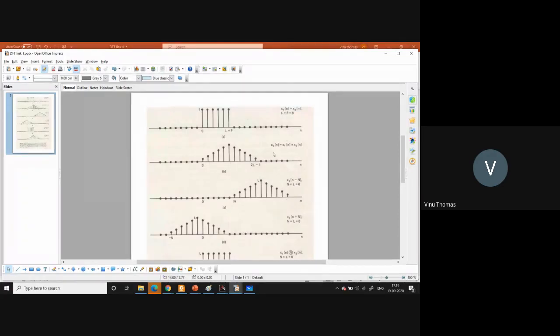So now what we'll do is we'll form a periodic sequence with a periodicity equal to 6. That is, we are going to do a 6-point circular convolution. So we will form a periodic sequence by shifting this sequence by 6 samples in the positive direction and in the negative direction, and then we will add up the overlapping samples. So the overlapping samples from 0 to L minus 1. So here we have taken n equal to L equal to 6.